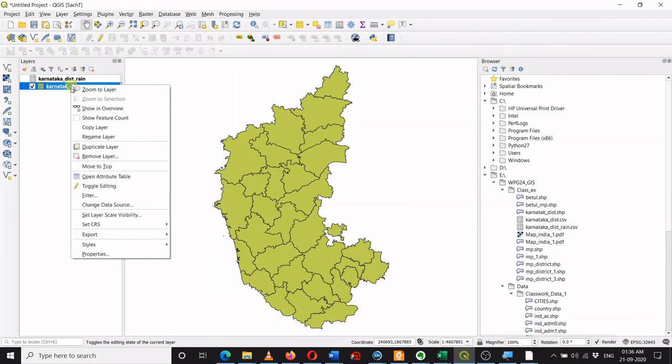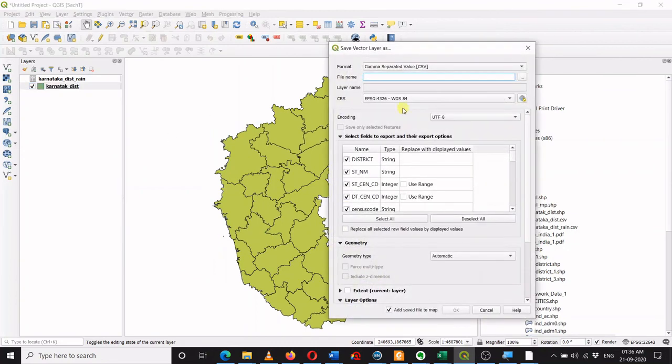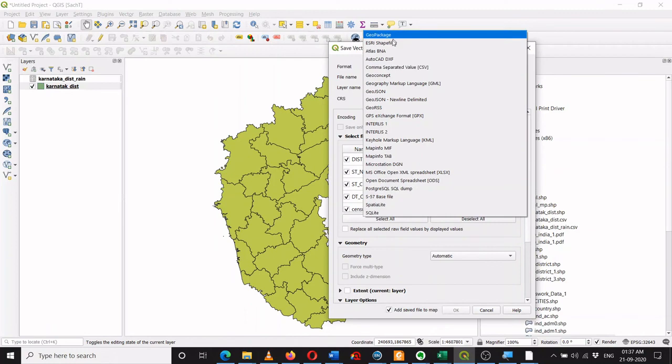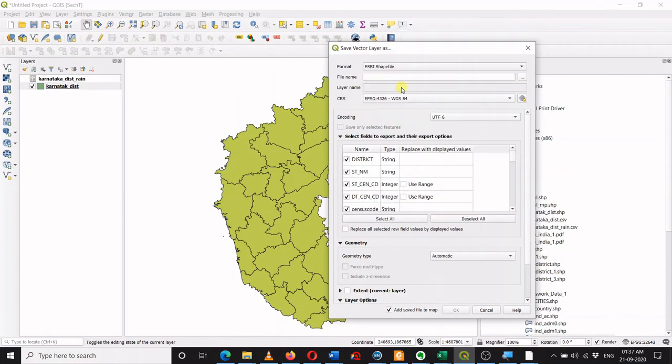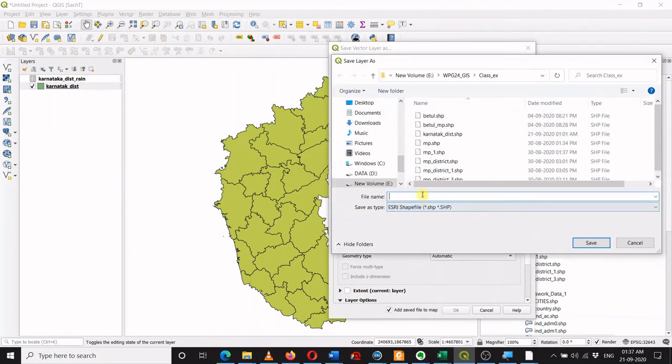So what I will do, I will use the export or save feature, save as. I want to save it as an ESRI shapefile. I will select shapefile and I will save it as a